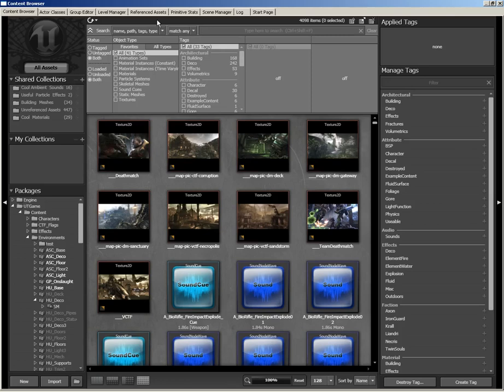But first, what is the content browser? Well, this is where you're going to go to find any exterior assets that you want to place in your level. And by exterior assets, I mean things like textures, or static meshes, or like 3D models, basically. Any skeletal meshes, any particle systems. Anything that was created either through some external source like Photoshop or 3ds Max or Maya, or objects that were created with some of UDK's internal editing systems. Basically, any object that is not already coded into the engine itself is all available right here inside your content